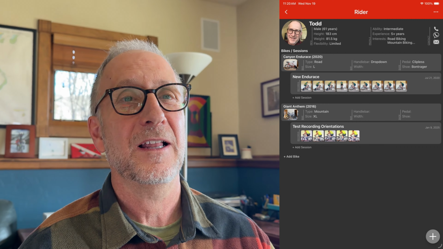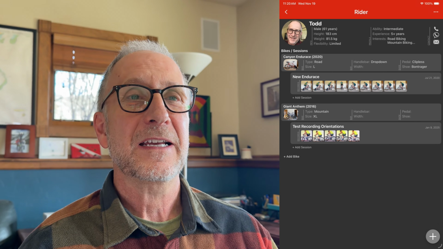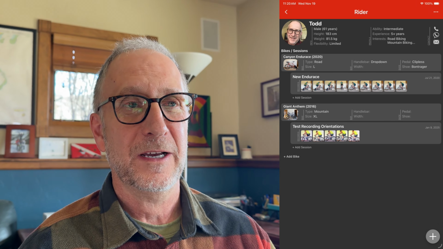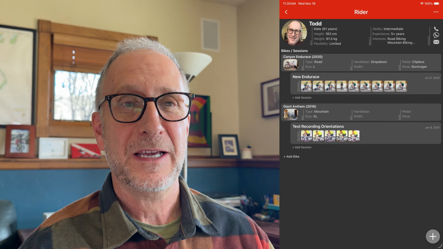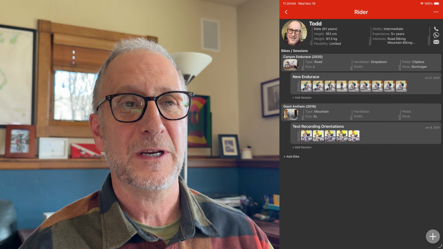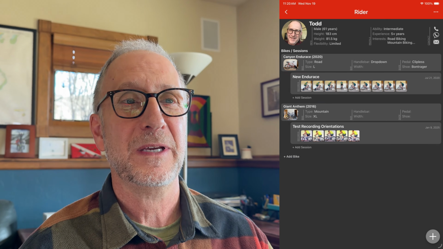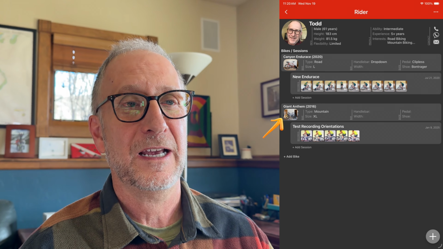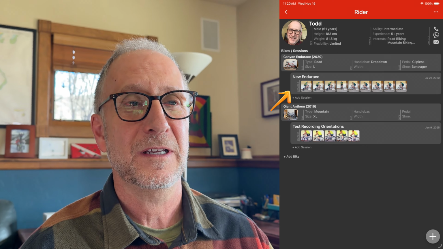Bike Fast Fit Pro version 2 just came out with a greatly expanded data collection and lots of new features. Today I'd like to look at the rider, and this is the rider page, and now we have new bikes so we can collect information on the bikes, and those sessions can be tied into the bikes. So in this case I have a Canyon Endurance and a Giant Anthem, and I've got two different sessions each